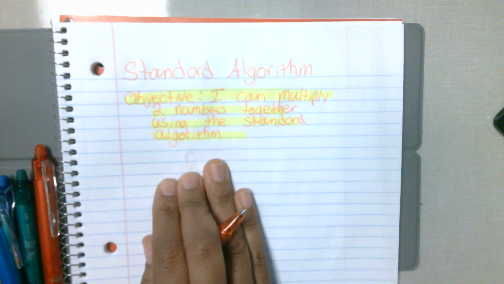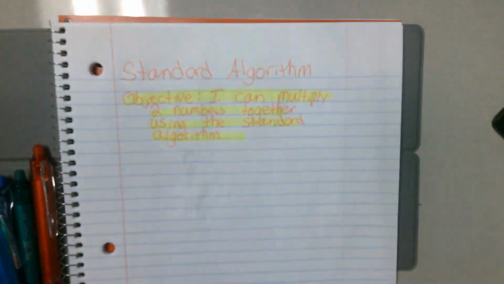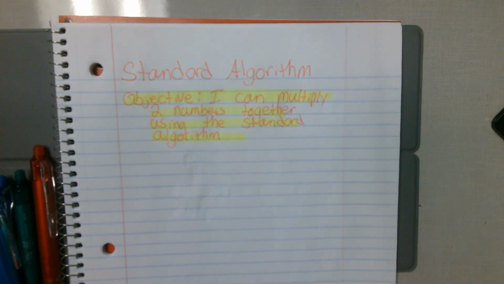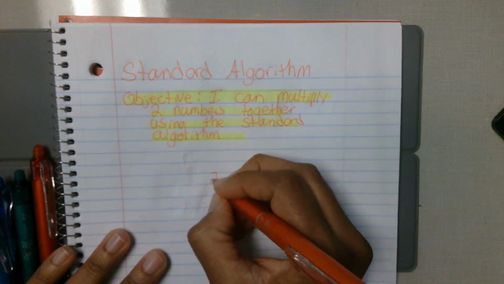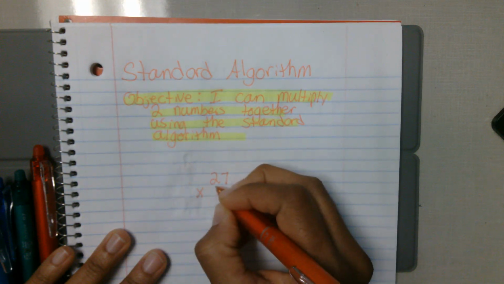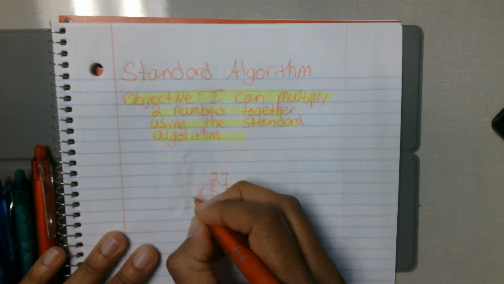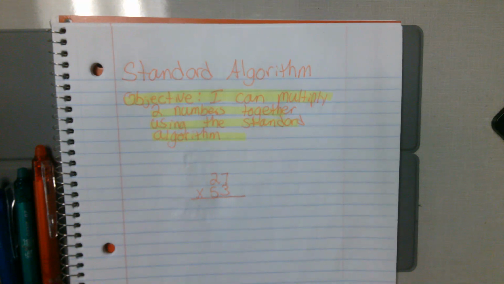Okay, so today, you guys, we're going to move into just our standard algorithm, and we're not going to do area model anymore. And we're just going to work on getting larger and larger with the numbers we're multiplying. So we're going to start with the 2 by 2 again, just to kind of warm us up. So 27 times 53. And again, just like we would do in our area model, we're going to start with